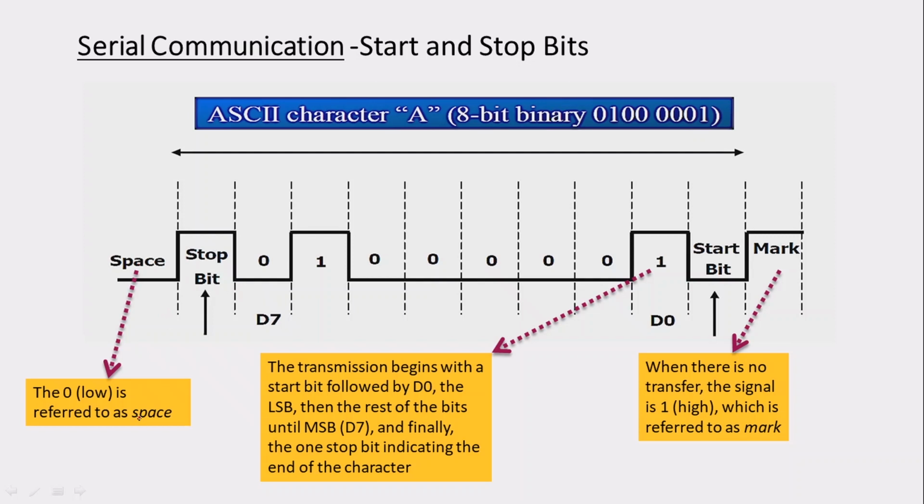Logic 0 is referred to after the stop bit has been received. If you give logic 0, it will consider that to be a space. That means there will be one more data byte coming. This is how framing is done in serial communication, by placing start bits and then stop bits. So what is the data transfer rate?